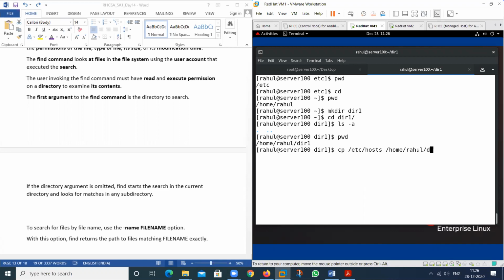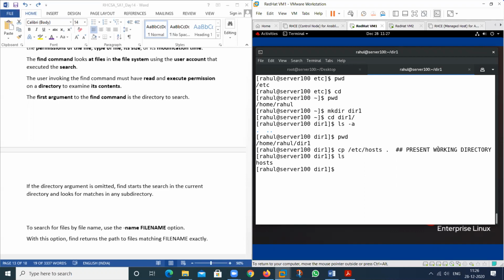But I do not want the big path. So we can also use single dot. So what does single dot represent? Single dot represents the present working directory. Why? This one.